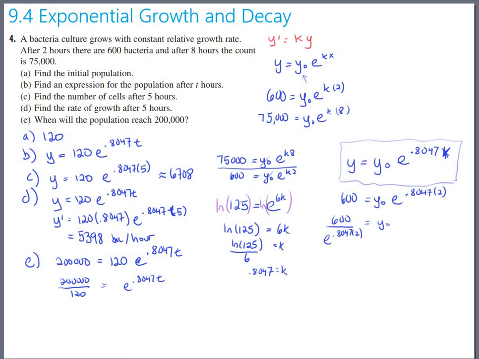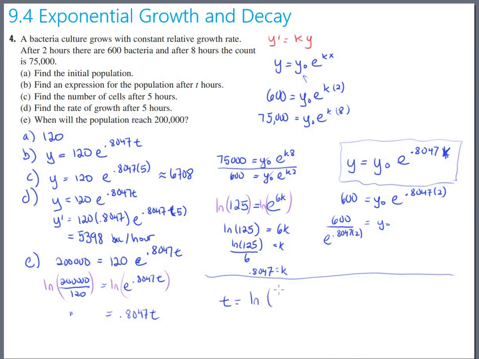And take the natural log of both sides. Again, on the right-hand side, e and natural log cancel, and you get 0.8047 t equals this stuff. And divide both sides by 0.8047. And you get t is